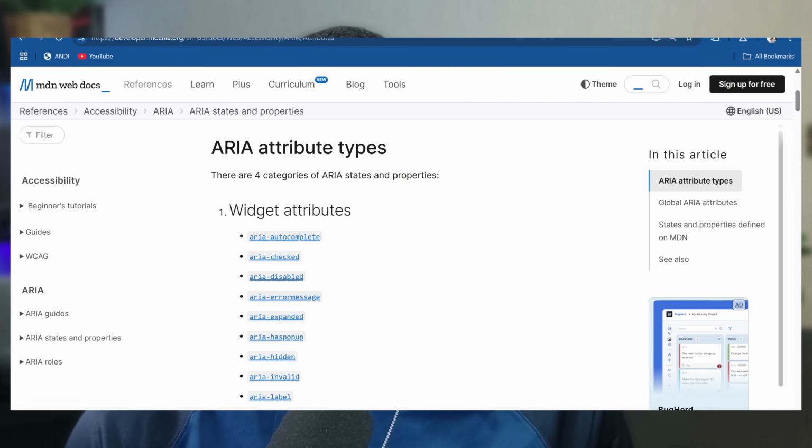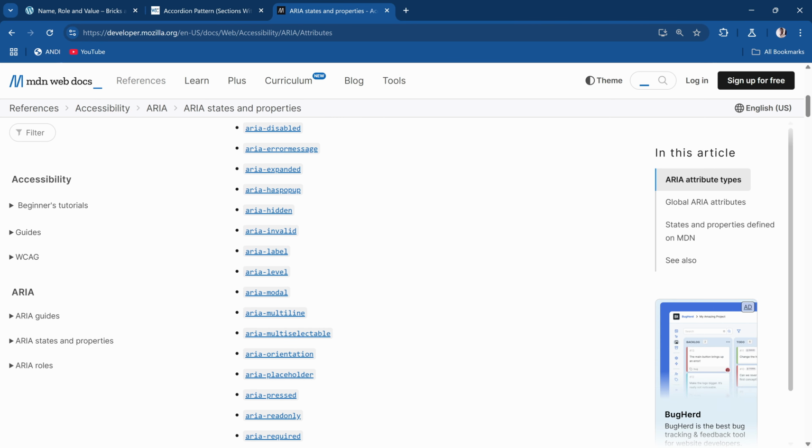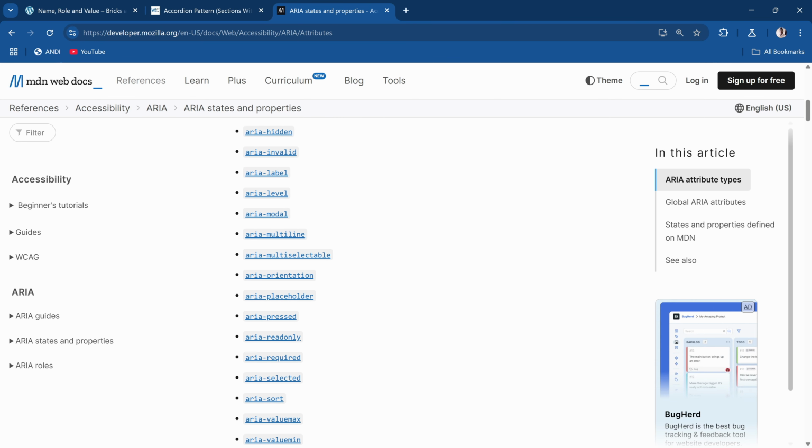Have you ever inspected the source code of an interactive element like an accordion and wondered what all those aria attributes mean? What I'm referring to are those aria-expanded, aria-controls, aria-labelledby, aria-selected, and so on. In this video, we'll attempt to answer that question by first understanding what name, role, and value is all about